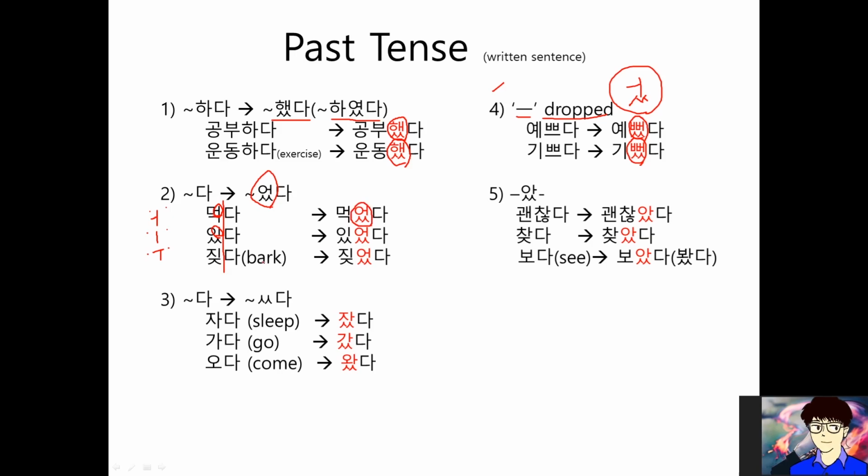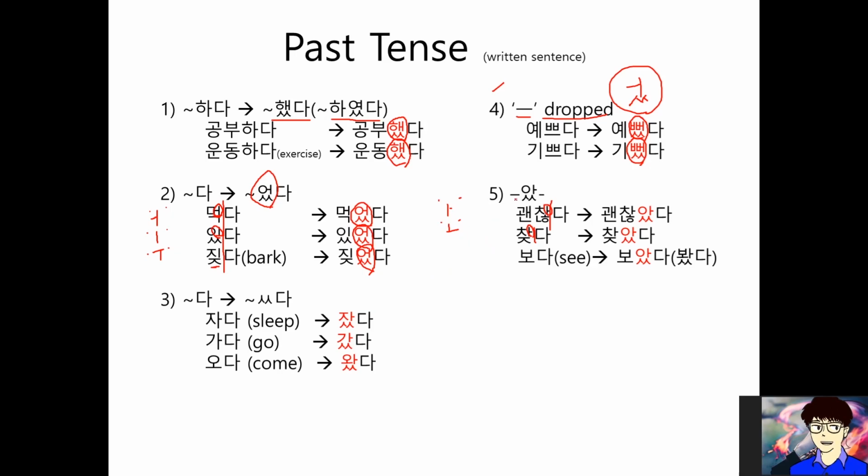And 있다 is changed like 있었다. And 짖다, ㅈ 받침, right? 짖다 is to bark. In that case, 짖었다. You can understand me, right? However, when there are verbs like blah blah 다, and the vowel right in front of 다 is like 아 or 오,